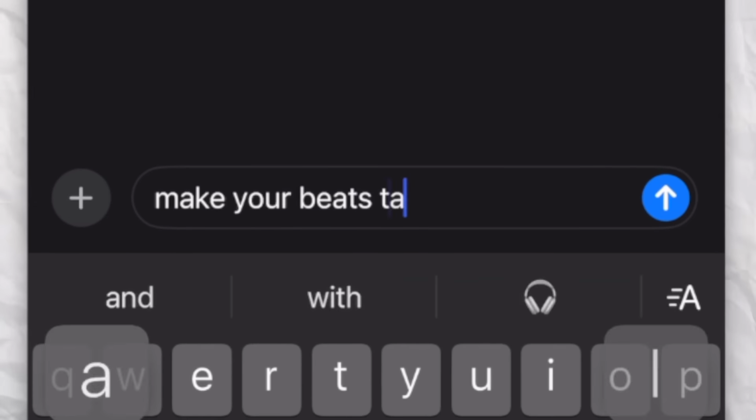Today I'm going to show you how to make your beats talk back to you instead of leaving you on read. Whenever you hear people talk about call and response, it's usually explained like a musical conversation, but I like to think of it more like setting up a craving. You get a little taste and then you're left wanting more.